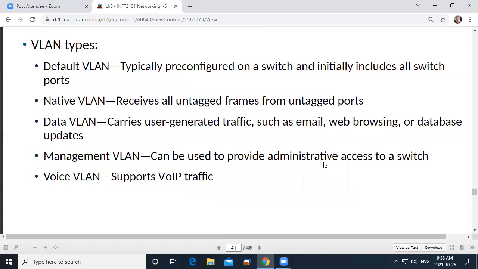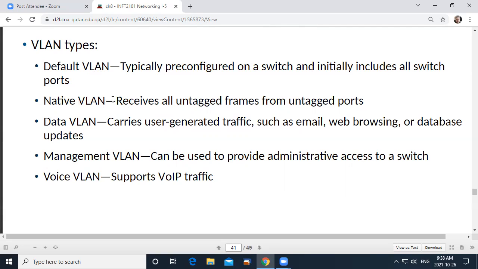All right, so this is talking about how we set up the VLAN. The first couple of points there about the default VLAN and the native VLAN hold dangers for us. Default VLAN, as you'd guess, means that we haven't gone in ourselves and done a lot of configuration. We just accept the configuration that's given to us on the switch. And basically, all the ports are going to be available to that. So that's not going to give us the VLAN capability that we want.